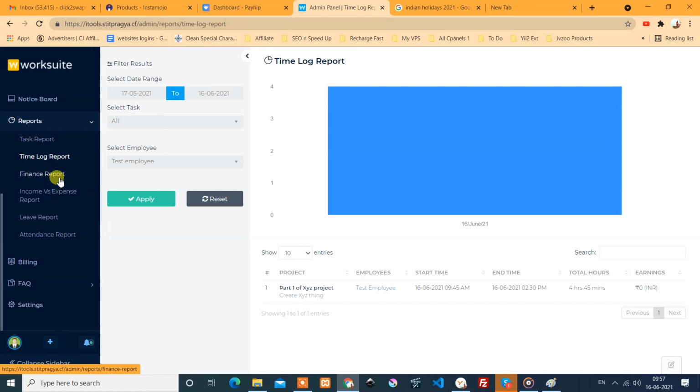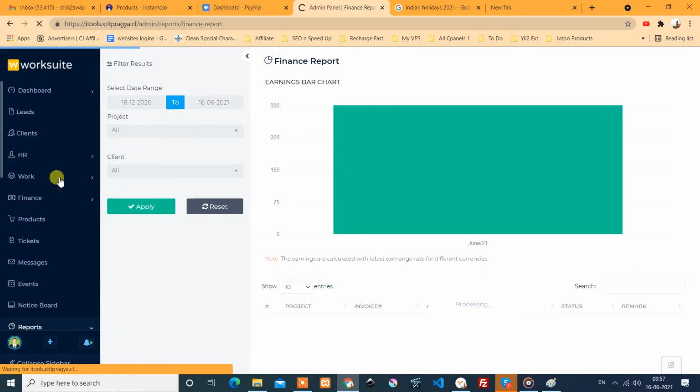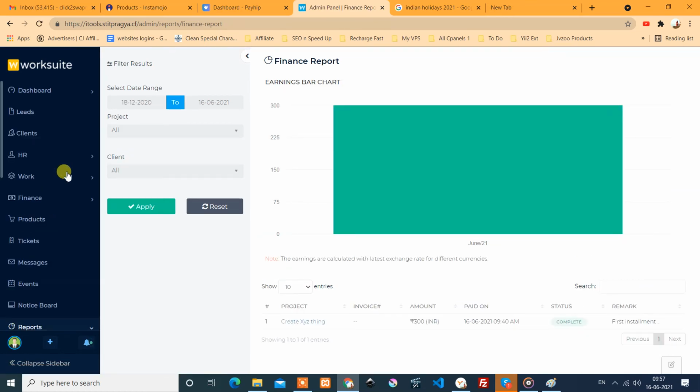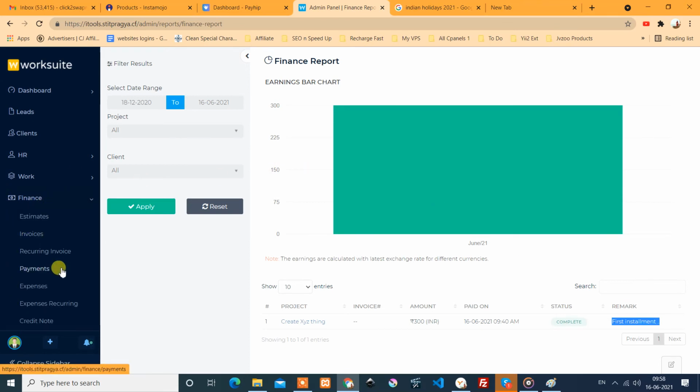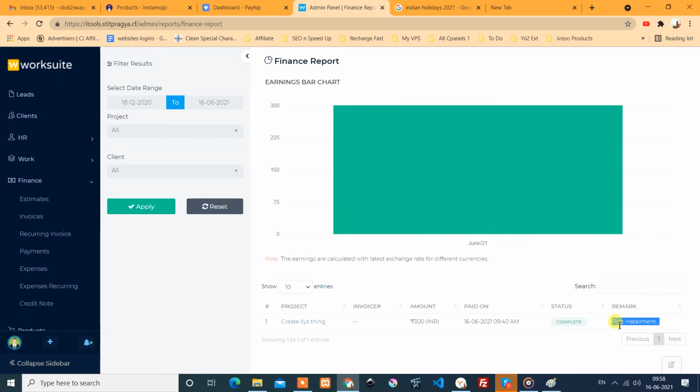Next we have the finance report. Here we have added the first installment in the finance section, in the estimate or expense.